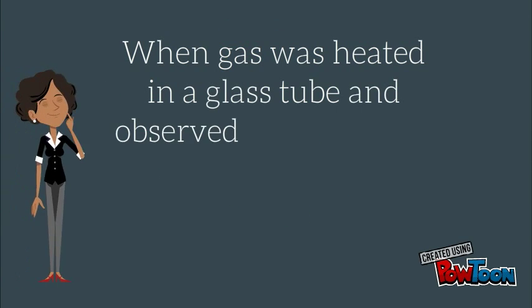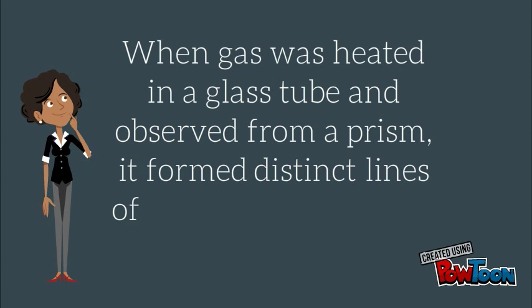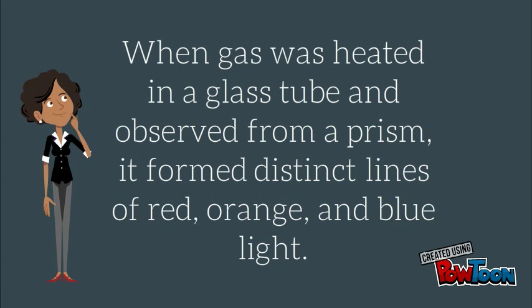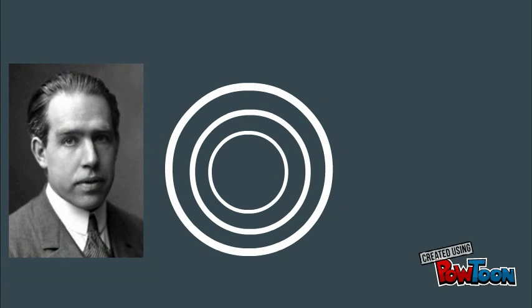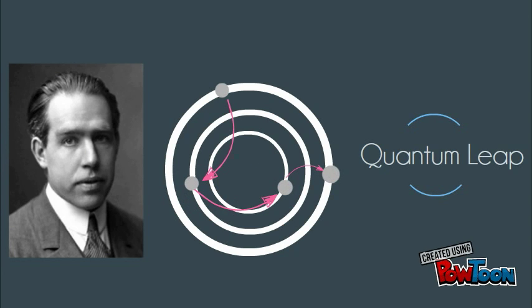Scientists observed heated gas through a prism, and usually the lights would be smeared across, but this time they saw straight rays of red, blue, and orange light, which confused them and fascinated them at the same time. Physicist Niels Bohr explained this by saying, when an electron is heated, it gets agitated, and when it gets agitated, it starts jumping shells. And when it jumps from shell to shell, it emits these colors of light. And this also brought the idea of the quantum leap.